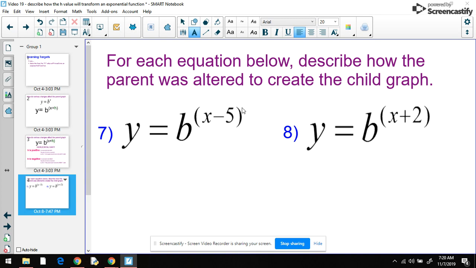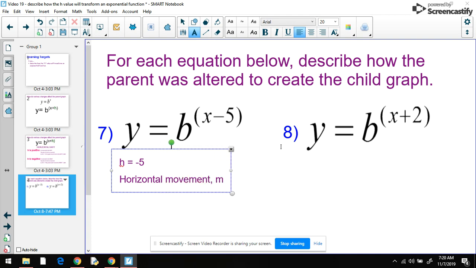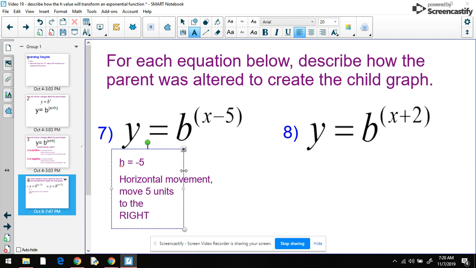Now here we have a number of examples we're going to look at. So this first one is y equals b to the power of x minus 5. So in this example, we can say h is equal to -5. And as a result, we know that we have a horizontal movement, and we are going to move 5 units to the right because we're going to move in the positive direction 5 units since h was a